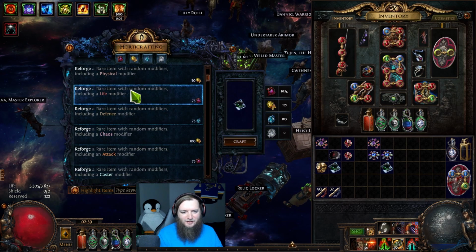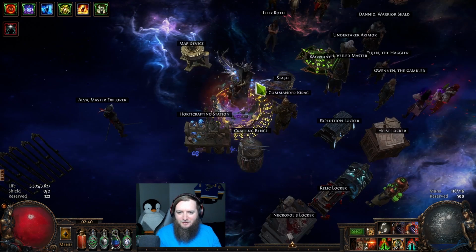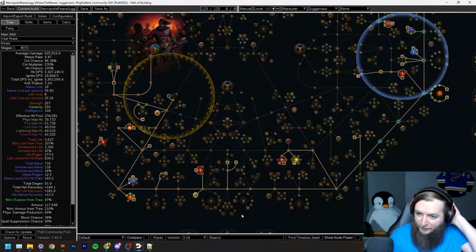I go back to try life. Another melee crit multi with lightning. Okay, I think that's all the crafting I'd try on those. Okay, I added all the jewels. I have 123 passive points, so I add all the jewels and then see what I can remove to